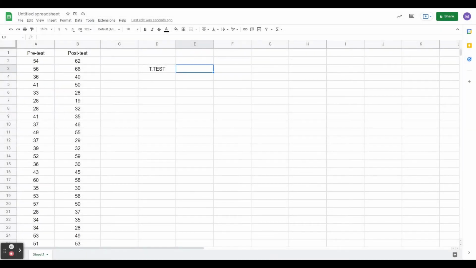Let's take a look at how this function works in a spreadsheet. Column A lists the pre-test scores for a set of students, and column B lists their post-test scores. Since all test scores are accounted for, this is a paired sample. To perform the test, I will click in cell E3 and type